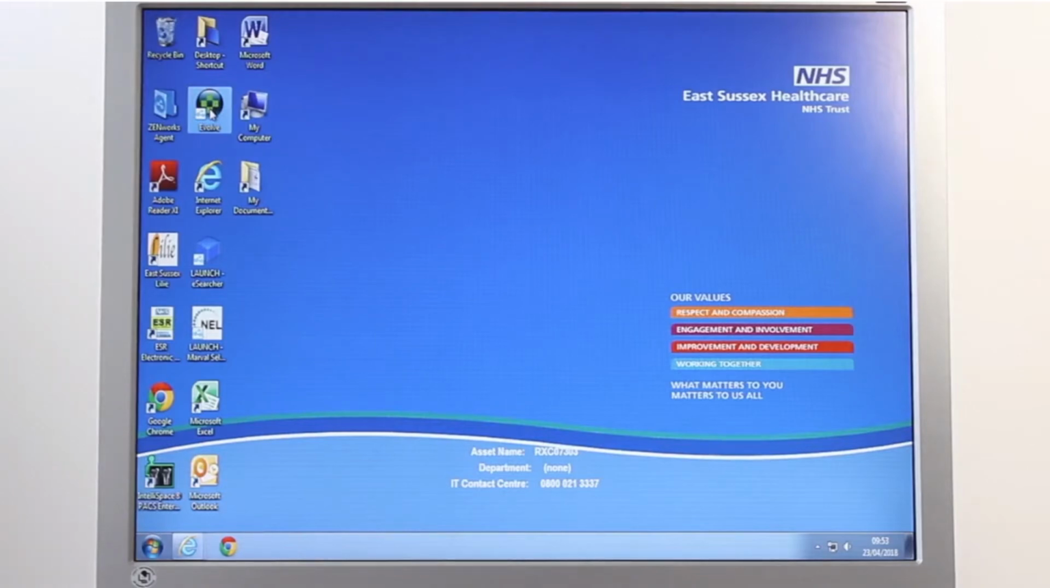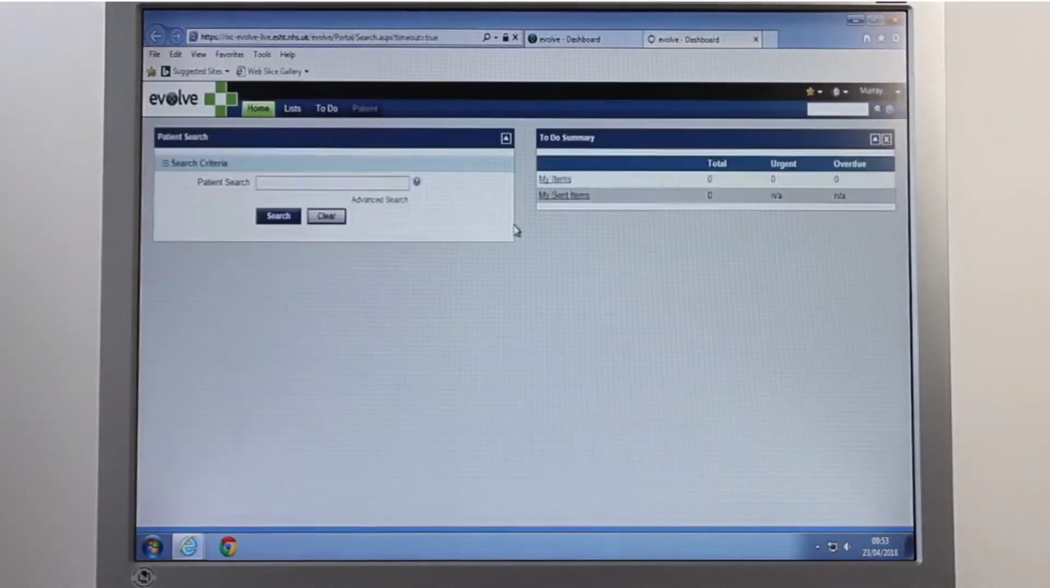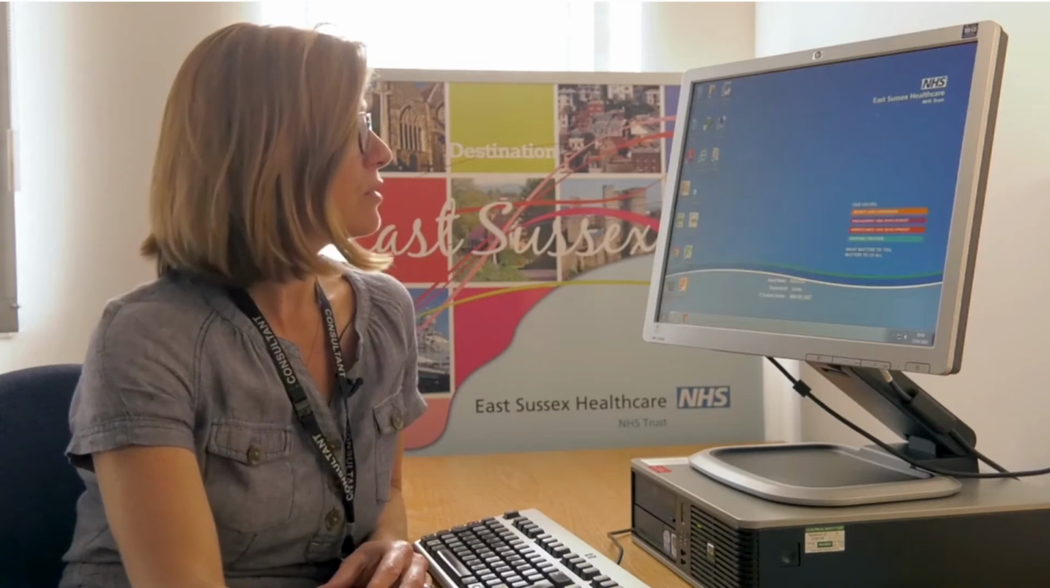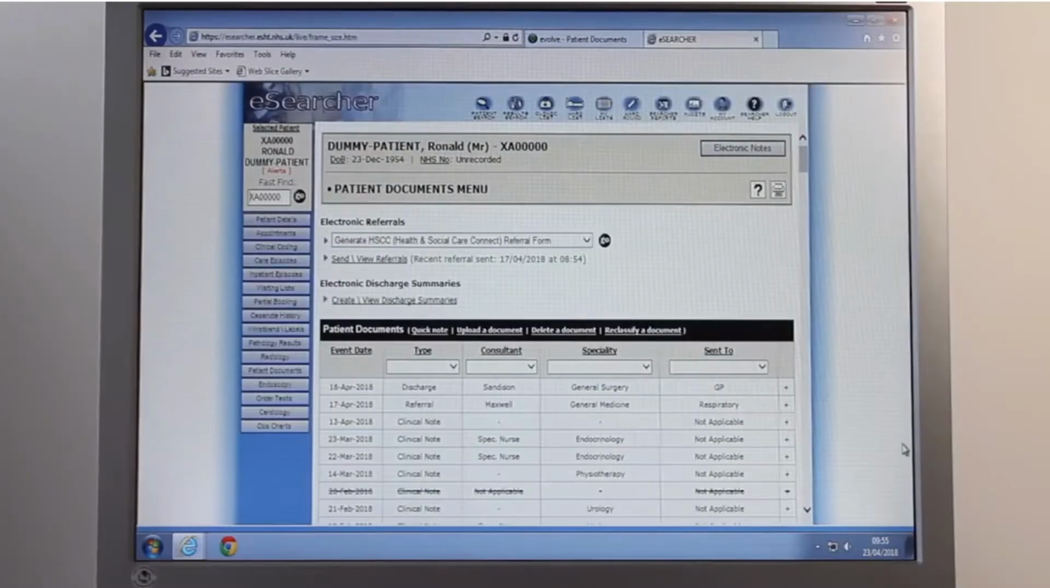So you click on that, and it will get you into the front sheet of Evolve. The alternative is to go through eSearcher. I've already logged into eSearcher, but you would need to log into eSearcher and get the patient record that you